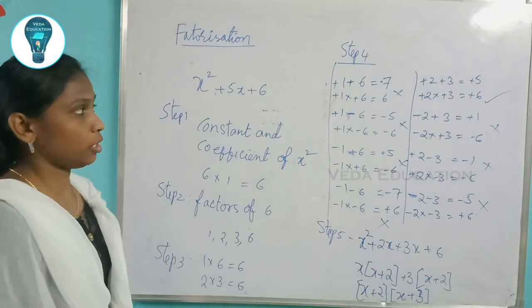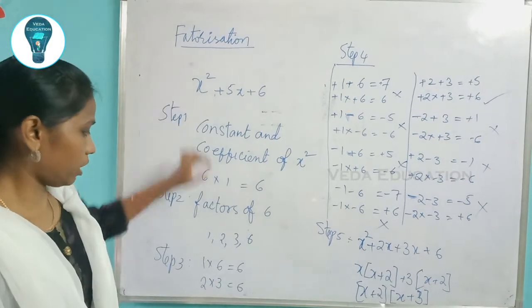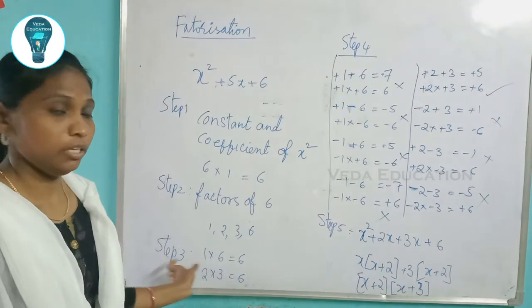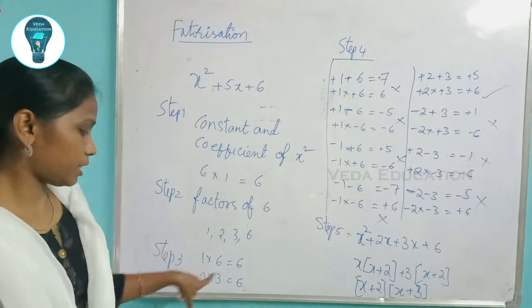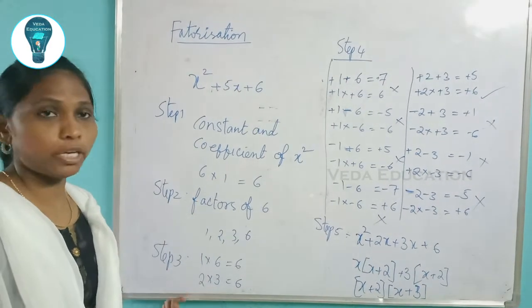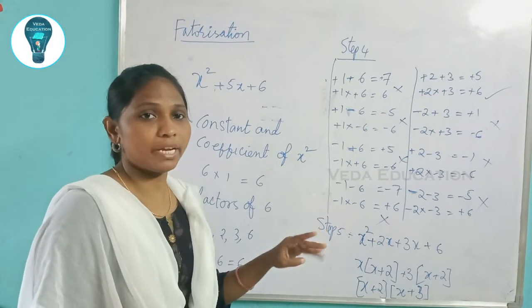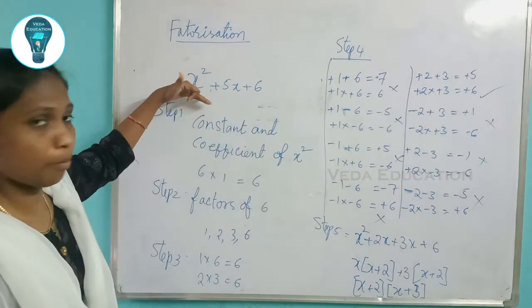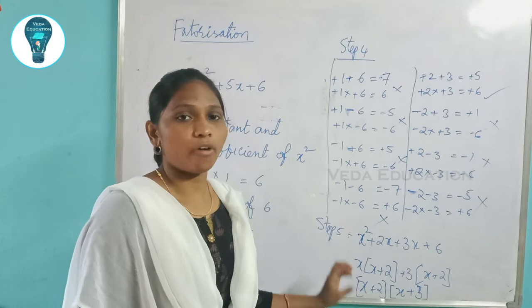This is the process by which you can get the polynomial's factors. Very easy way. After writing these factors, write step 3: which numbers can you get for the constant number. Consider those factors and multiply them, and apply signs to those pairs only: plus plus, minus minus, plus into minus, minus into plus. After applying, see which numbers are possible for the given polynomial, then you will get the factors. This is the way to factorize a quadratic polynomial.